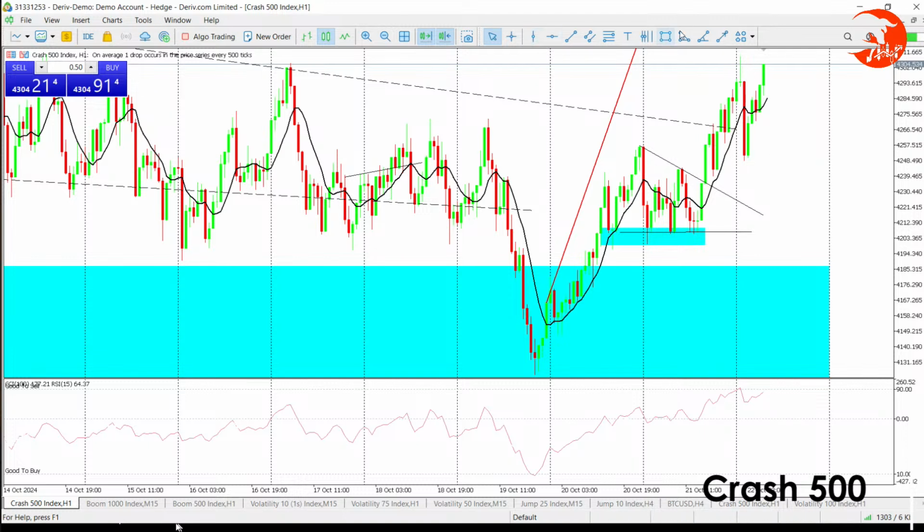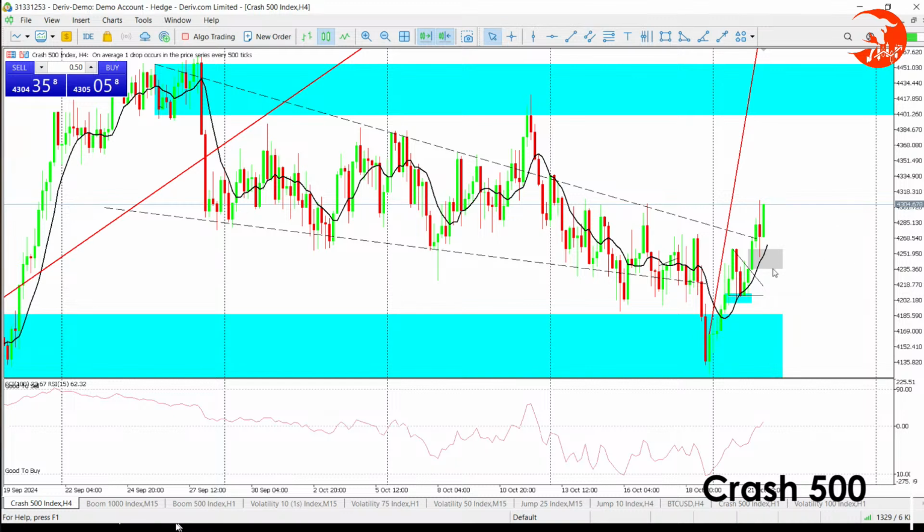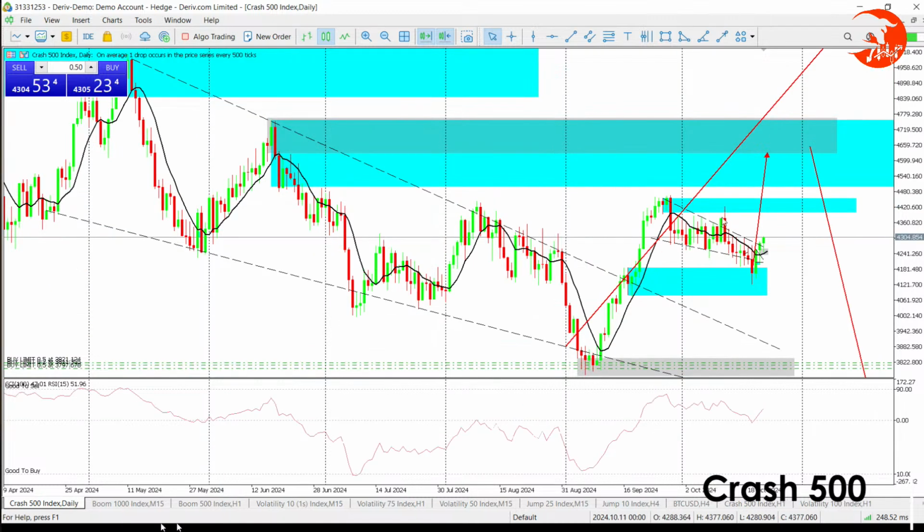We were supposed to make our entries on that level. Why this level? This was a fair value gap on H1, and that's where we see the retest happen there. So clearly it came, touched it. It is even a fair value gap on H4. Clearly it was meant to be, and now we are in for the buys, and this time we are heading over there, and I believe we may have enough momentum to break out of that resistance level, which is a daily